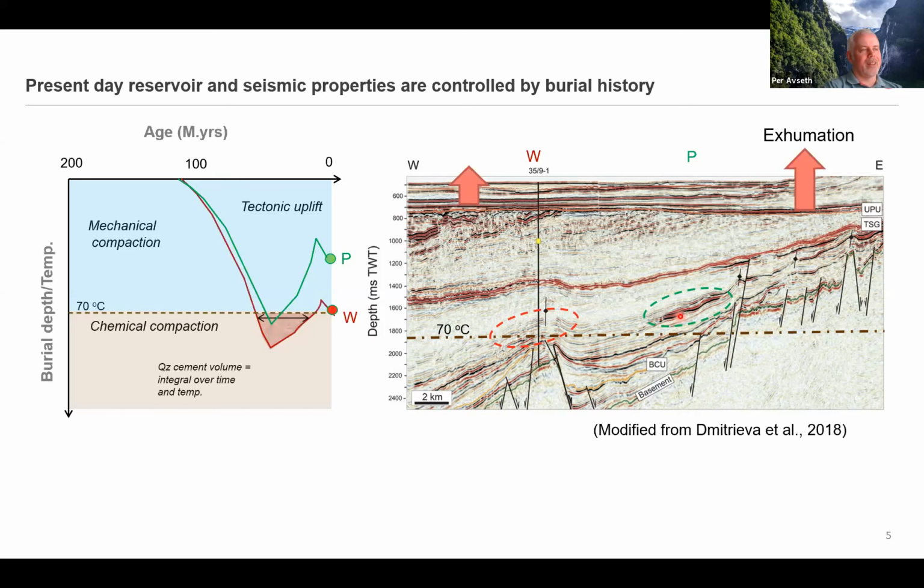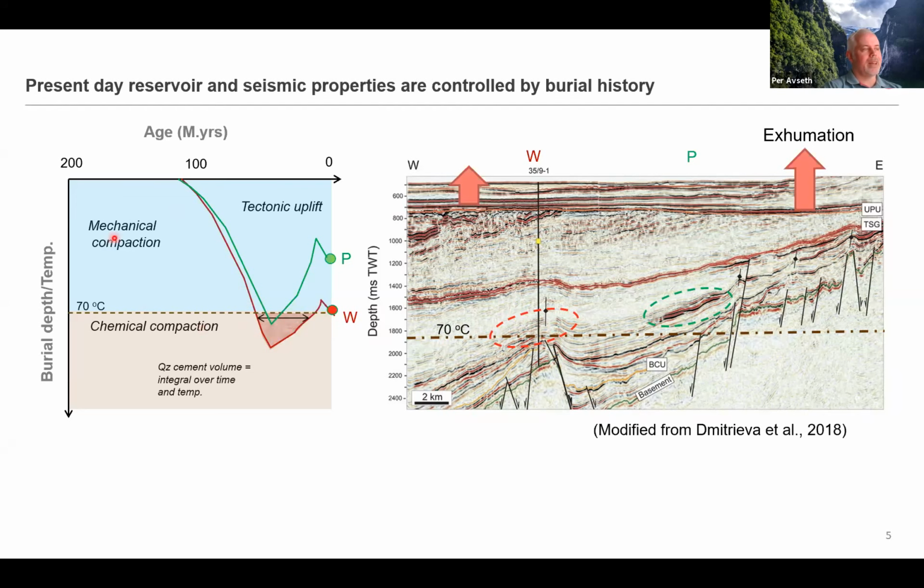And then we really need to understand the burial history, and I just added 2 burial curves to the left here, one for the well, and you see you have from early Cretaceous continuous subsidence, and then in Cenozoic there has been some uplift, and then you see that it actually has been deeper than 70 degrees centigrade, and that's a critical temperature where you start cementing the rock. So you go from a loose sediment to a rock, and you lithify it. So these Cretaceous sands here at this well location would then be relatively stiff because of this presence of quartz